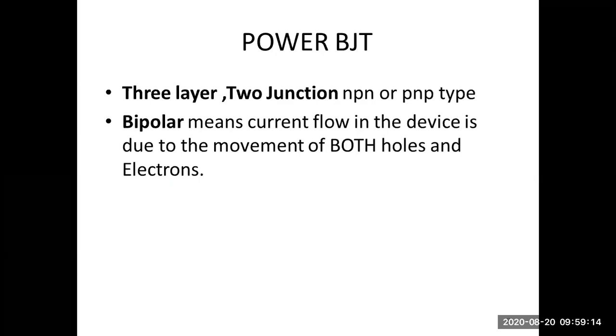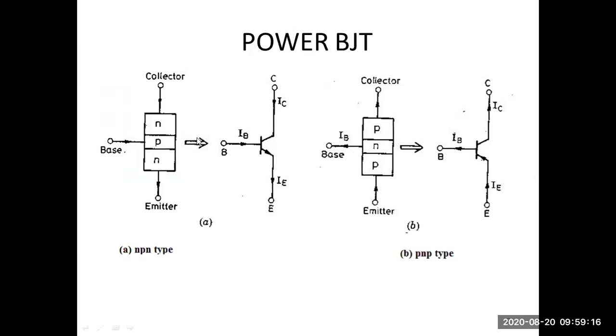Look at the structure here. It is a power BJT. Power, in the sense, as I said before, depends upon the operating levels. It is a three-layer device, which consists of an N layer, a P layer, and again an N layer. The terminals are the base, denoted as B, which you can also see in figure B, the collector, denoted as C, and the emitter, E.